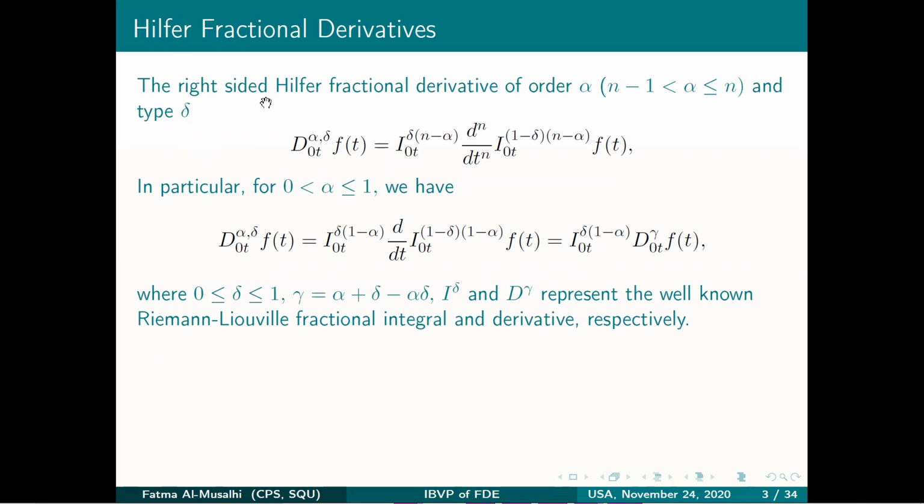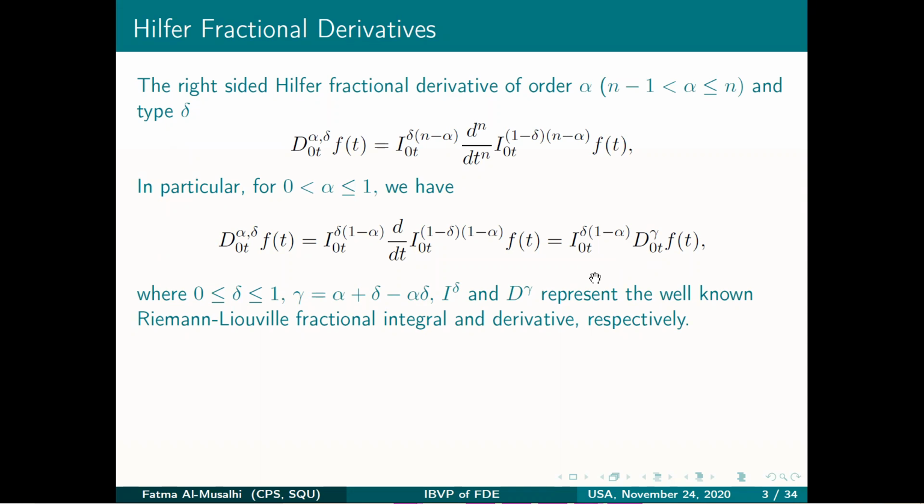We begin by recalling some definitions related to the Hilfer fractional derivative. The right-sided Hilfer fractional derivative of order alpha, where alpha is between n minus 1 and n, is given in this form, where I represents the Riemann-Liouville fractional integral. In particular, for alpha between 0 and 1, it is given in this form, just by plugging in n equal to 1. Then one can write it in this form, where D gamma represents